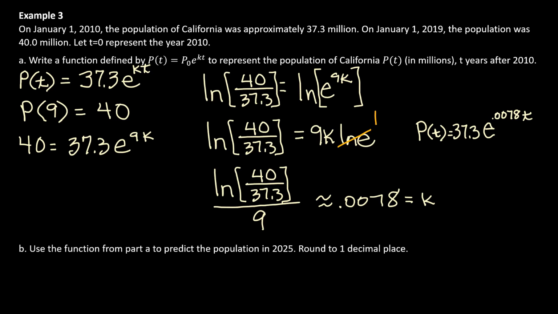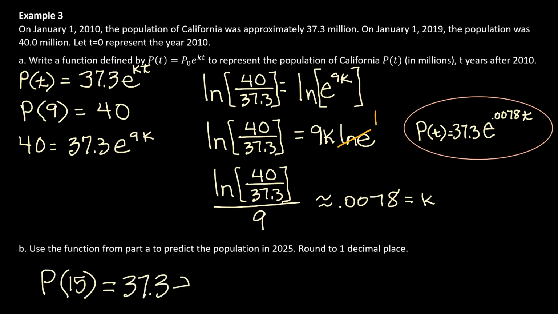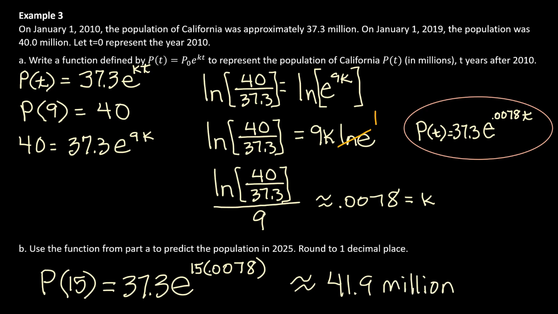So this says use the function for part A to predict the population in 2025. That's going to be P of 15 because 2010 is our starting year. So P of 15 will be 2025. So we're going to plug that in. P of 15 is going to equal 37.3 e to the 15 times 0.0078. And if we punch that into our calculator, we are going to have about 41.9 million for the population of California in 2025. And that's actually quite a bit higher than what it actually is, which is about 39.5 million